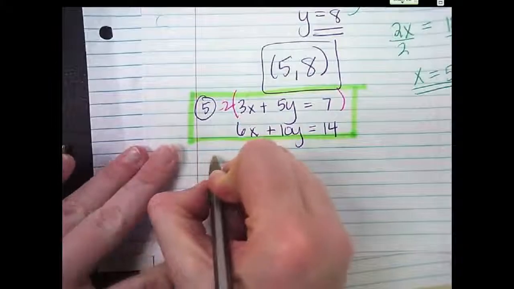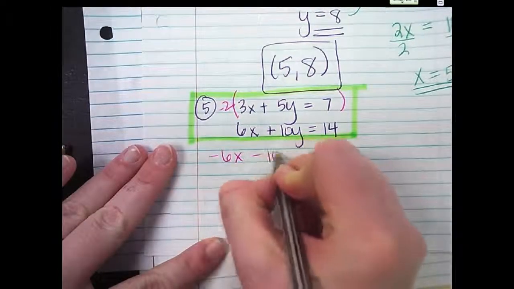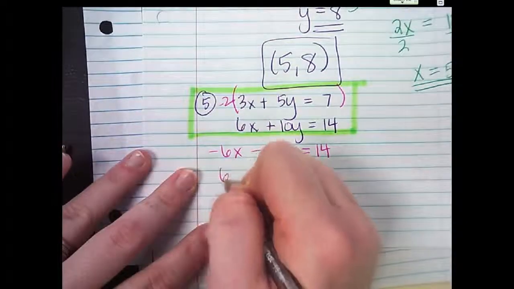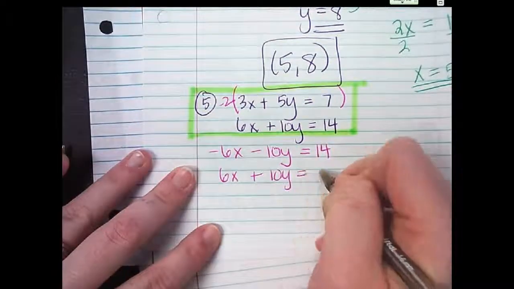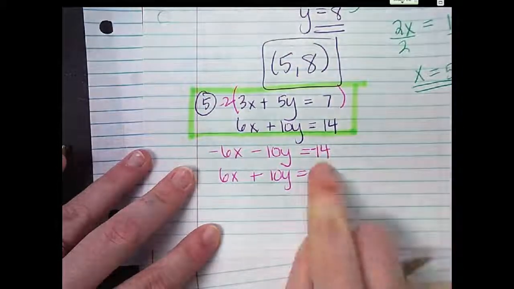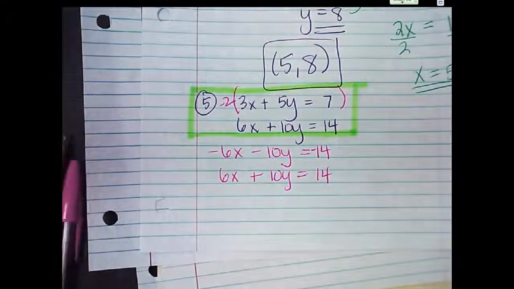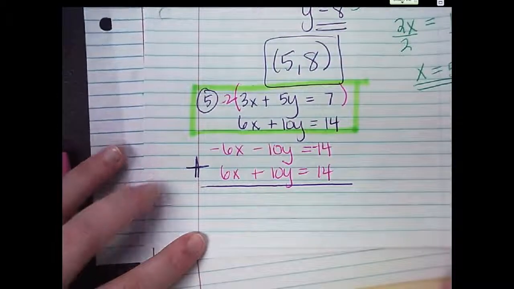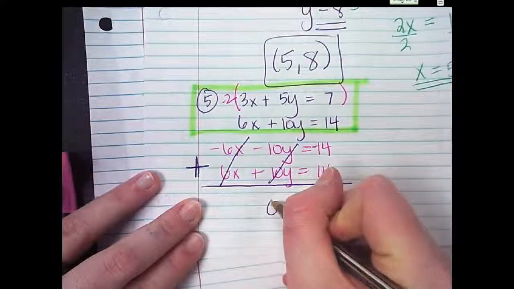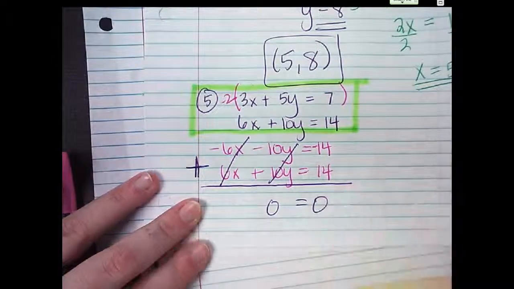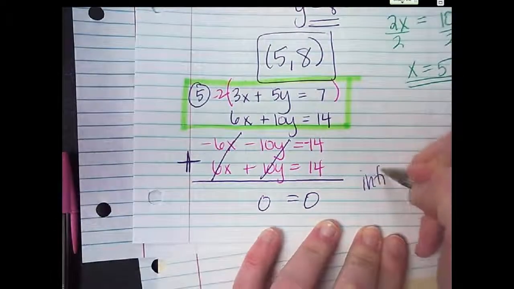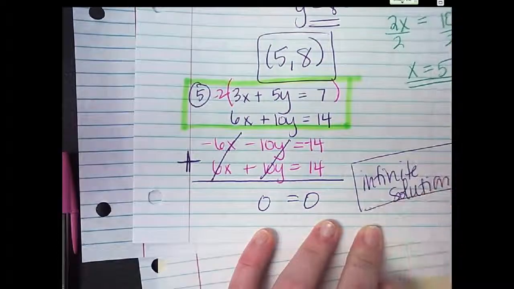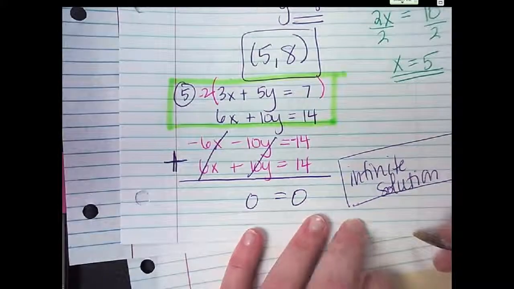So underneath I'll rewrite it. So negative 6x minus 10y equals negative 14. And then I'll put the second equation under that. 6x plus 10y equals 14. Sorry, I forgot to make that a negative 14. So do you see what happens on infinite solutions? Everything should cross out. Gone, gone, so I get 0. Negative 14 plus 14 is also 0. So this would be infinite solutions. What's the system called here? Consistent and